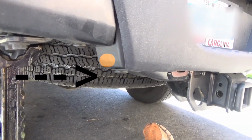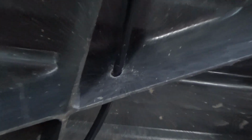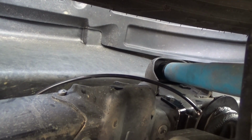Alright, we've decided that would be a good spot for the fill valve. We ran the airlines and drilled a little hole to run the lines up and away from anything, especially on this side where you have the muffler and the tailpipe. And we got plenty of clearance away from the tire. And then over here,